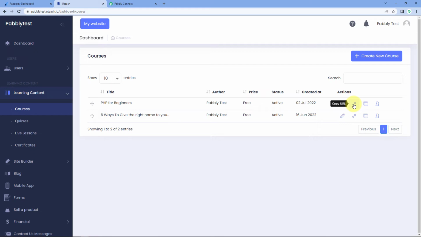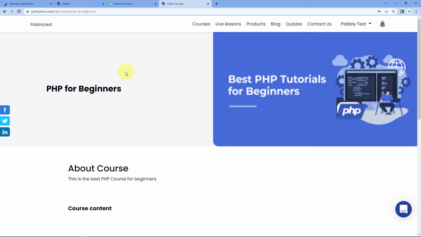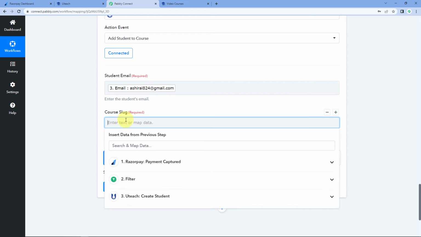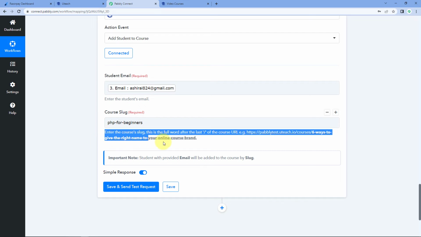So in front of that, I will just click on this copy URL button, go to a new tab and paste this URL. And you can see that in the URL section, after reaching this page, after courses slash, this is the slug of your course. So just copy this slug from the URL section, go back to Pabbly Connect and paste it over here. And if you still have some doubt regarding the course slug, you can refer to the help text given below